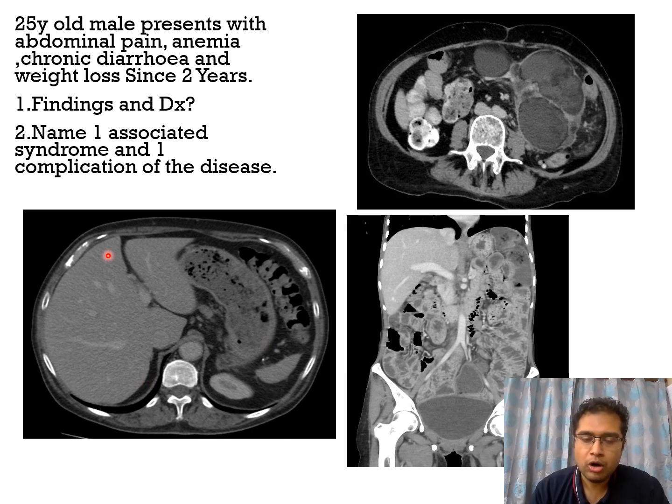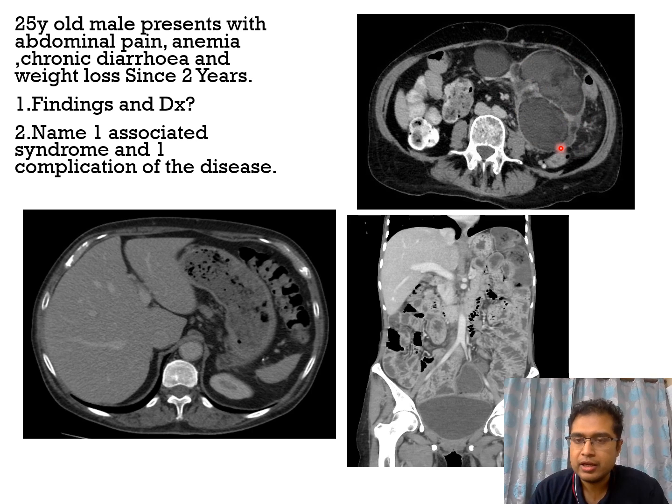This is a non-contrast axial section through the upper abdomen. What can be appreciated here? I'll give you some time to appreciate the findings in these images. In these non-contrast images, what we can see is the spleen. The spleen is very small. It's an atrophic spleen. This is post-contrast images, axial section of the abdomen, where we can see this large